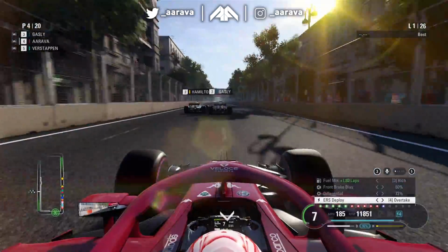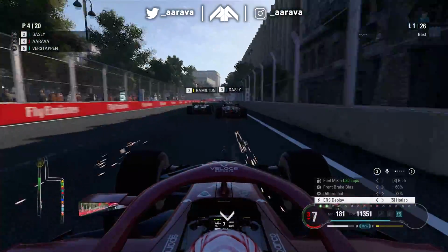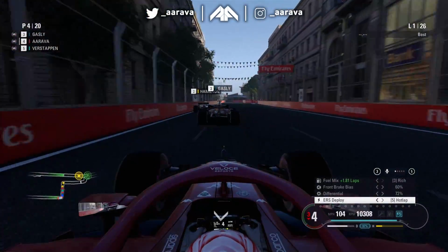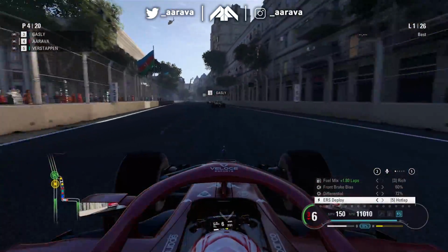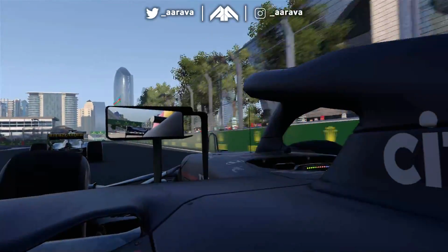and meanwhile Alonso gets away in first place, which is not a good sign for anyone really in the championship's sake, but it's happening as Hamilton is still defending against Gasly. Goes around the outside, squeezes the Frenchman out. Can we have a look on the left hand side? No, we have to take it nice and easy and be very patient here. Could have stuck my nose in, but that could have been quite bad for me and could have ended up in the wall there. So taking it nice and calm on the opening lap